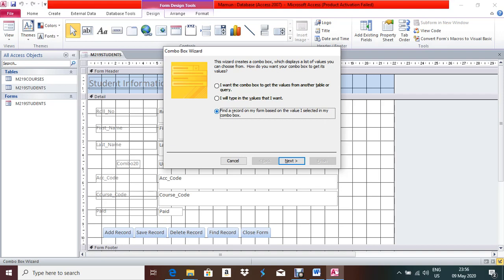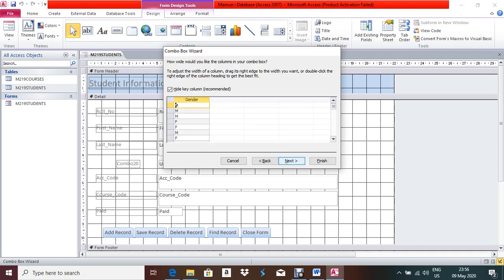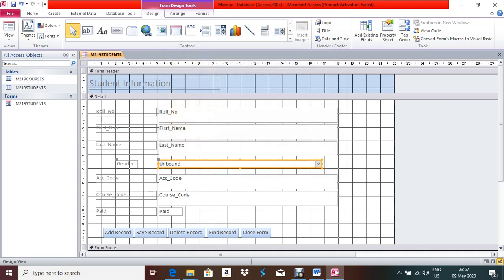Okay, you can select the value from based on, so I'll select this one, click next, and which one was it? It was gender. Click next. After that, click next and gender, finish. Now arrange it in a proper way, make it a little bit big, it should be on this side. Okay, now this third one is over.